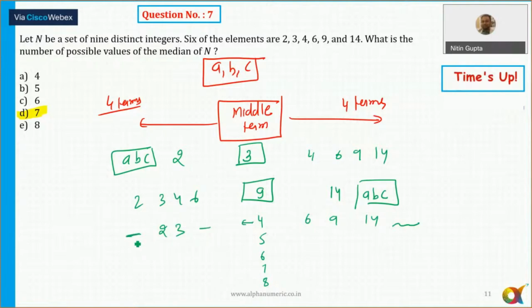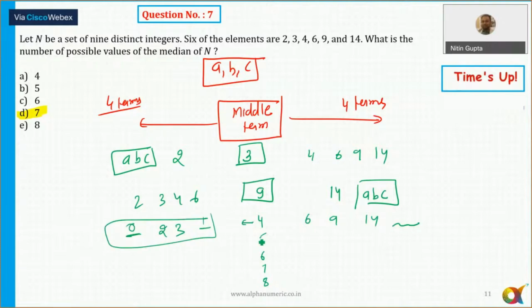Nowhere has it been mentioned that they have to be positive or negative, so we can definitely take them. They are also integers. Terms can be negative. Does it anywhere say that it can't be negative? It can be negative, it can even be 0 also. Maybe on the left hand side of the 4, I can take 0. One of the terms is 0 and one of the terms is equal to 1. So whatever, it can be anything here or there.